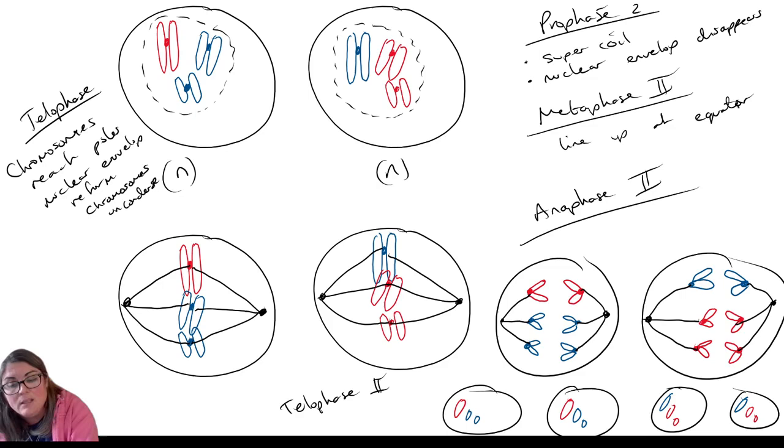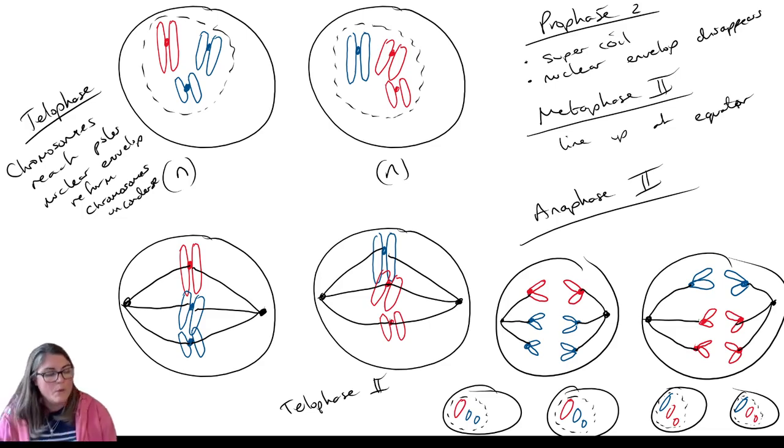So in telophase, the nuclear envelope will reform around the chromosomes, and the fact that they have reached the poles is what makes them haploid. So we had haploids, haploids, haploids, and we now have 4 daughter cells which are all haploid, and they have